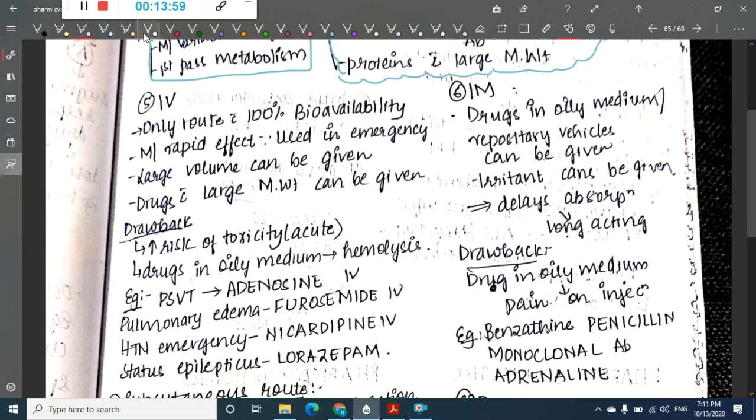Then we have some drugs which are given by the IV route. The drugs which are given by the IV route are